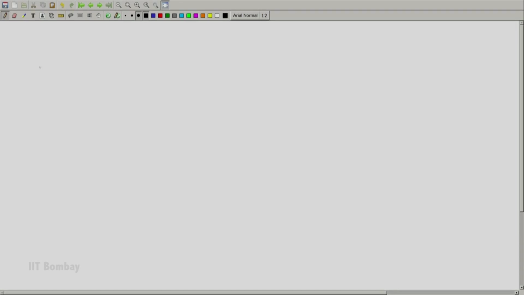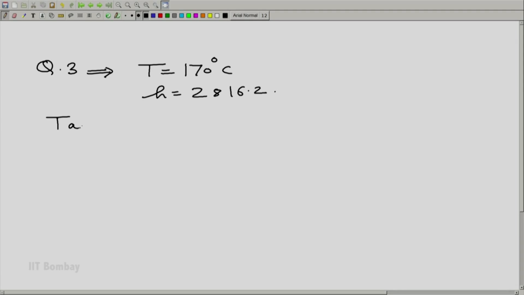So having seen these values of enthalpy at T is equal to 170 degree centigrade, now let us compare these values with the given H value in the problem number 3. So what is our question 3? T is equal to 170 degree centigrade and H is equal to 2816.2, and we have just found from table 1